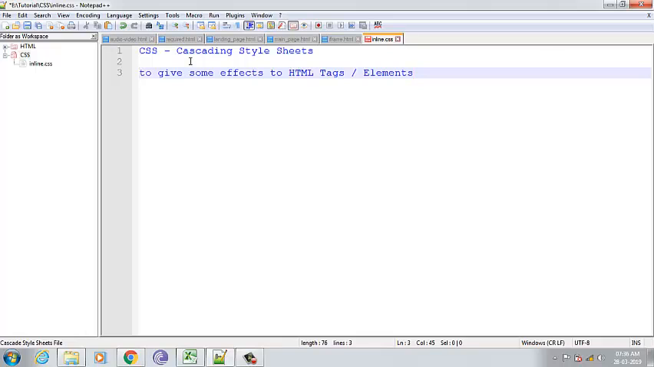That's all about the basic concept of CSS. The full form of CSS is Cascading Style Sheets, and we will use CSS to give some effects, like colors, background colors, and animations. All those animations can be done by using CSS3. So in CSS we have three types,